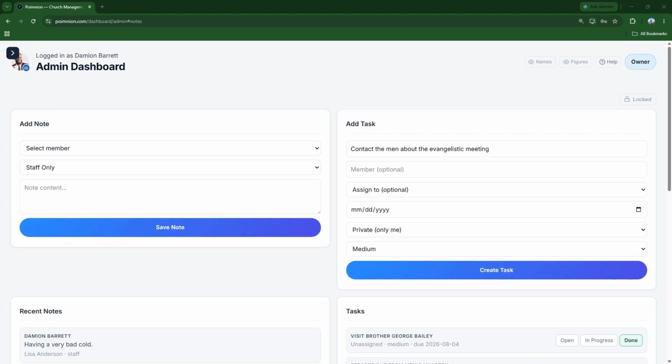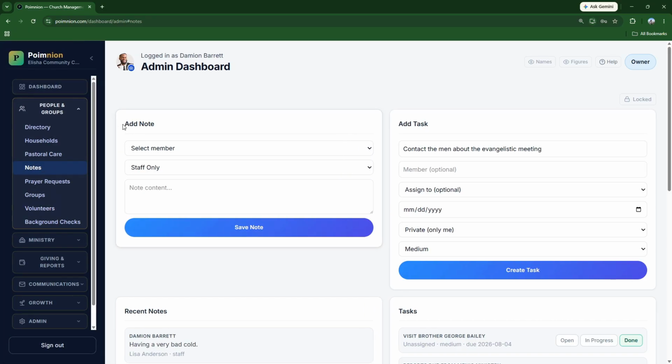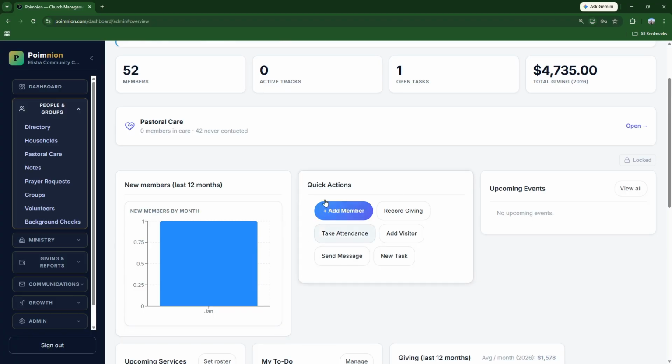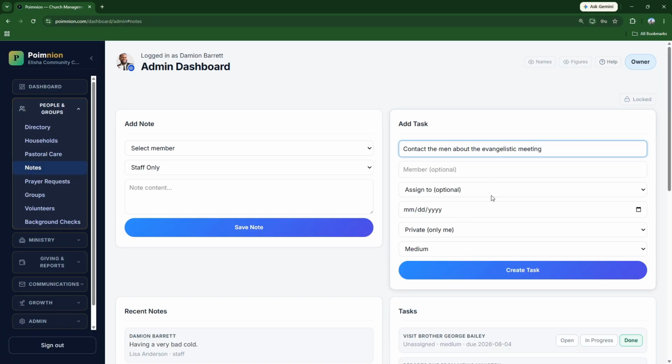Currently we are on the notes tab right here, and over here you have add task. I should show you though, from the dashboard, quick actions, you could just click new task and you are taken to this add task box, right? So for instance, you want to add a task, say call